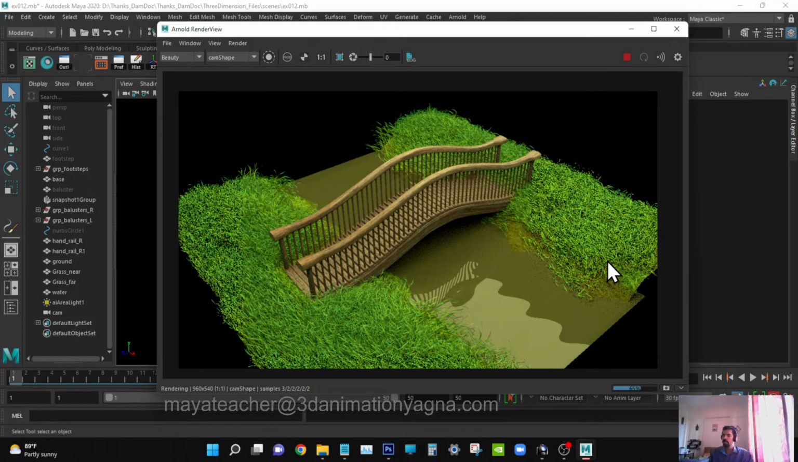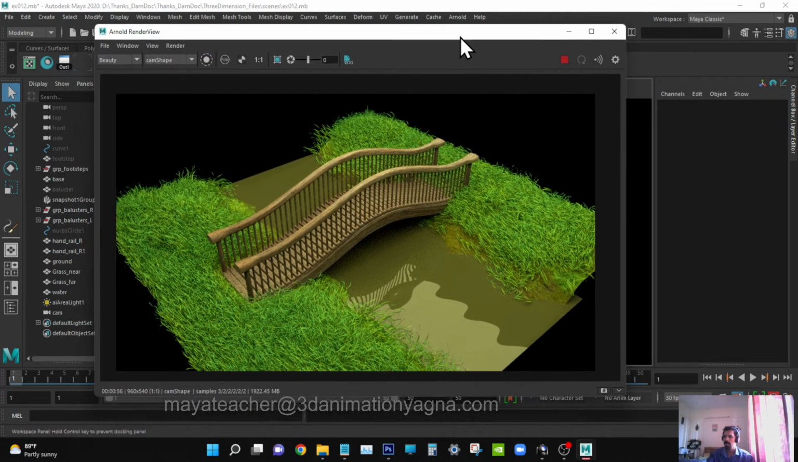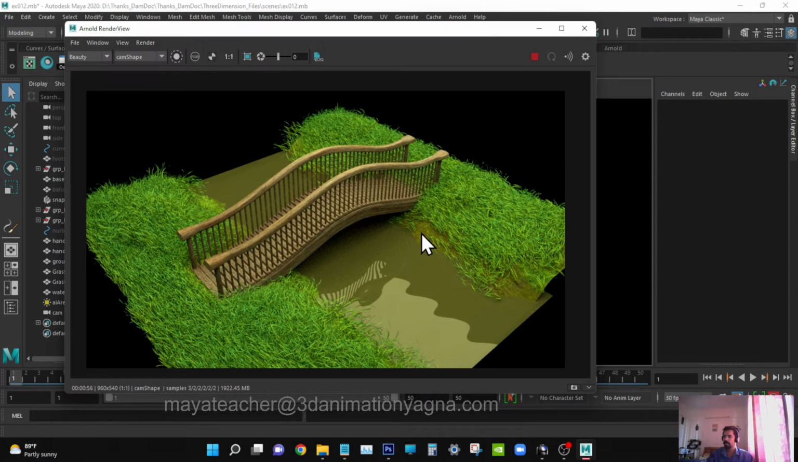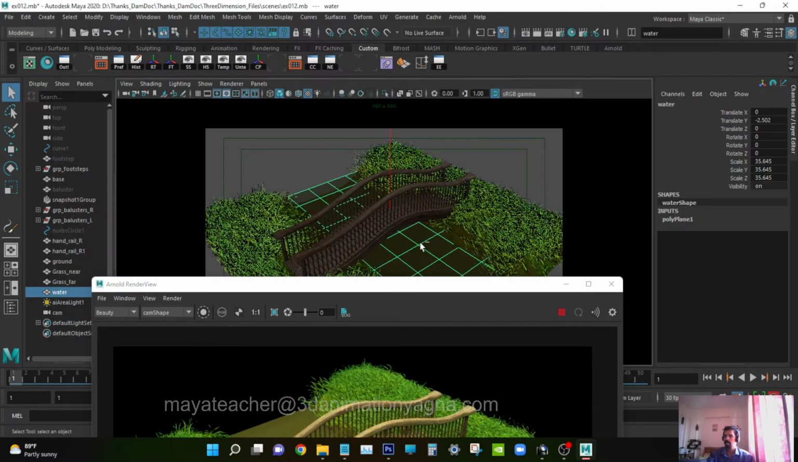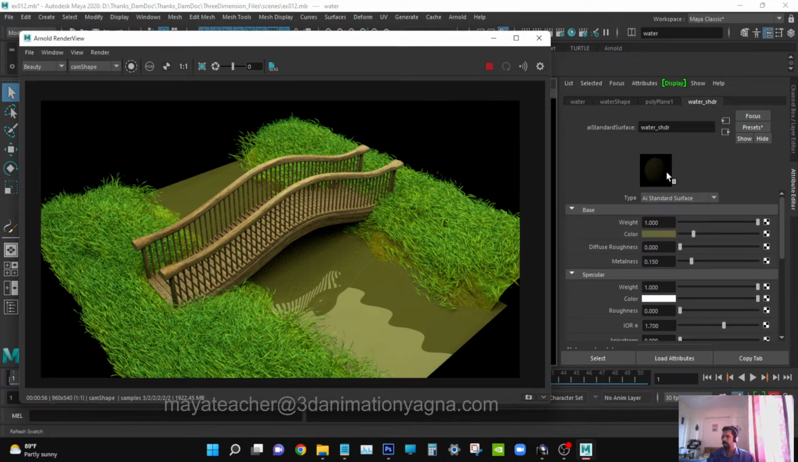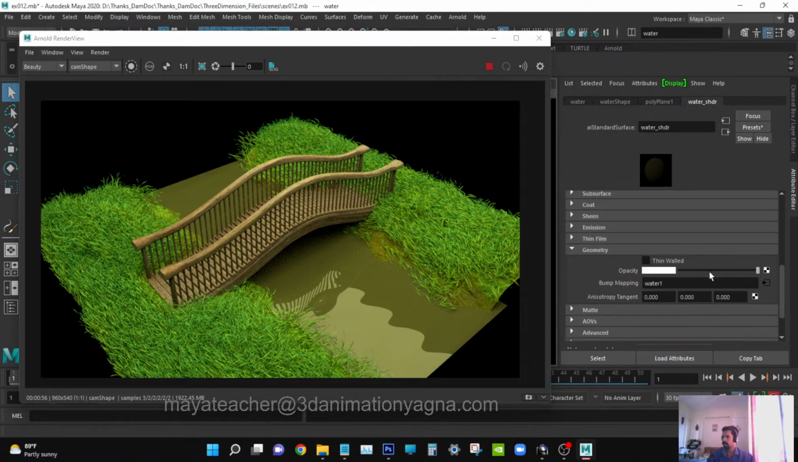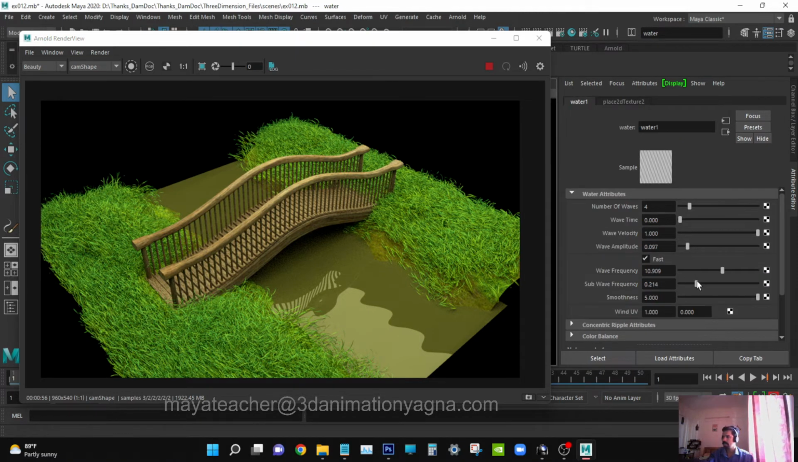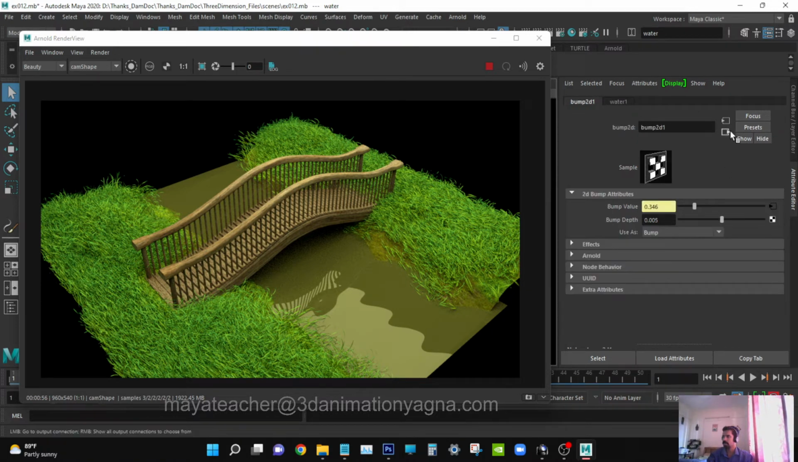If it's still rendering. Sorry. Okay, now let's create a little more waves for the water. Select the water, go to attribute, water shader, and go to the bump. There is geometry, texture, and frequency. There is first. Let's work on bump